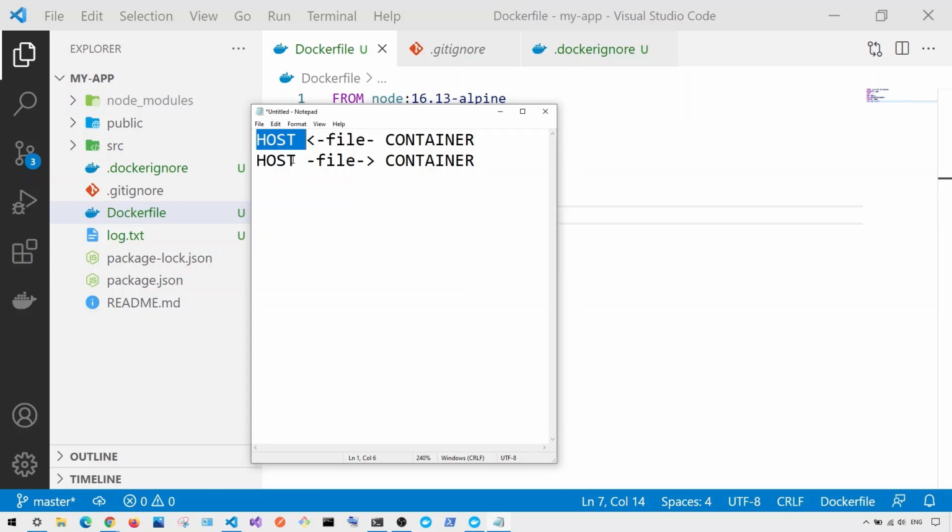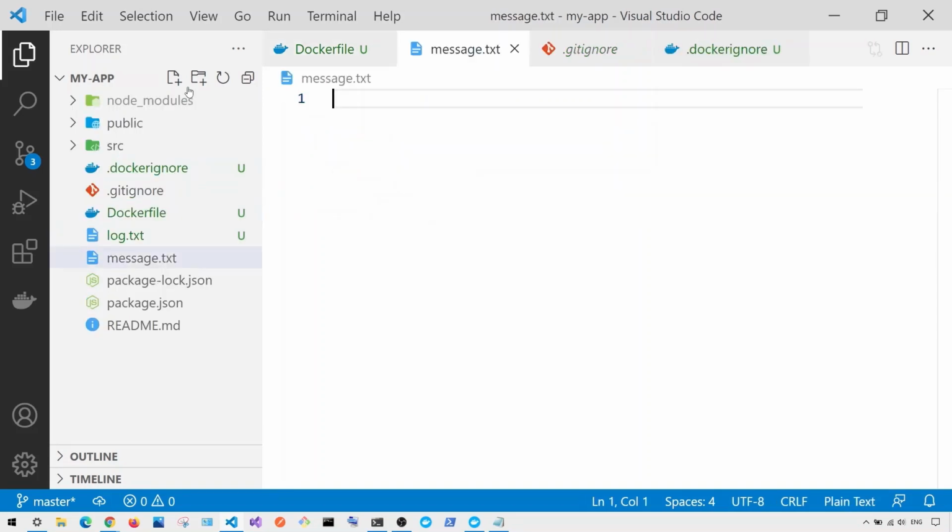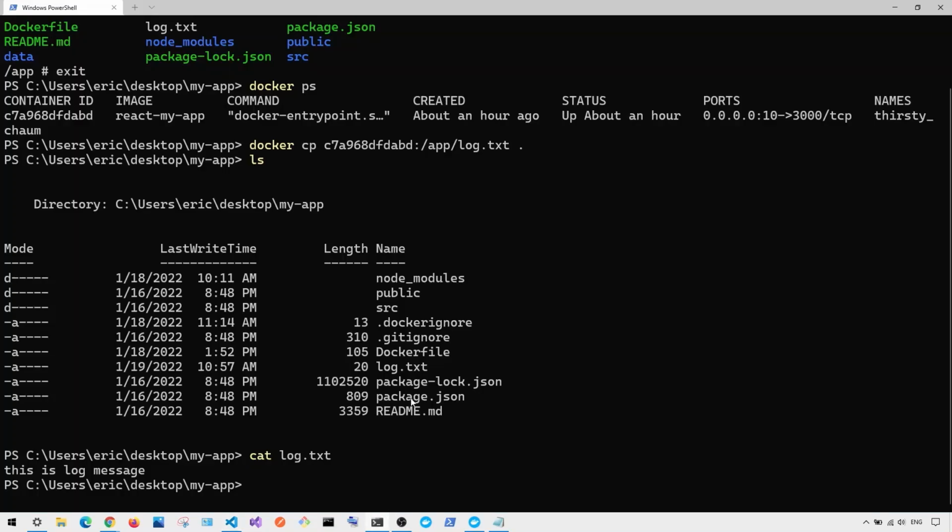Now I want to show you how we can transfer a file from the host, or copy the file from the host to the container. Let's say I want to create a new file, for example message.txt, with the content "this is message", and I want to copy this file from the host to the container. What I do is the same thing. I'll use Docker,